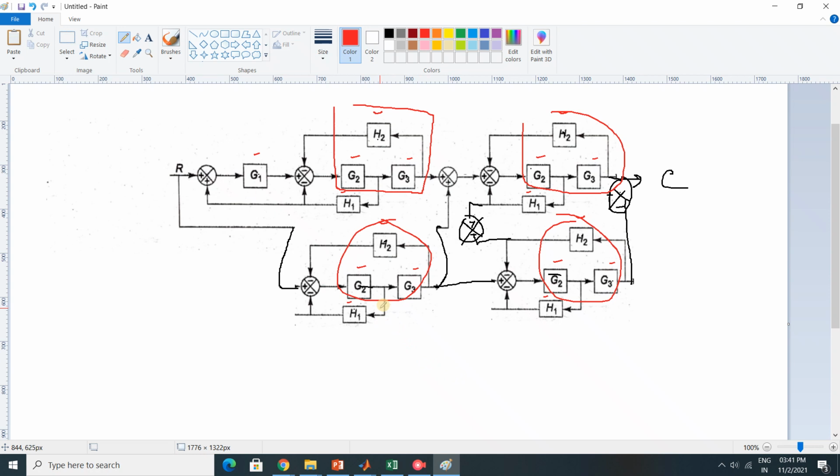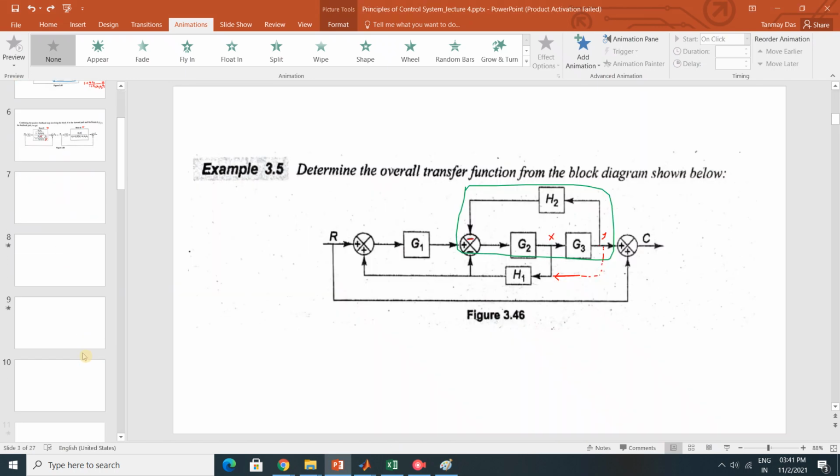because more than 10 becomes very critical. 50-60 you cannot touch, because it's very complex. So anything more than 10 becomes very complex. So how to find the transfer function? Yes, if you have more than 10-12 blocks, then also you can find the overall transfer function, but the block reduction technique becomes quite complicated and time consuming, and you can commit a lot of mistakes while performing it. So how to solve this kind of problems?